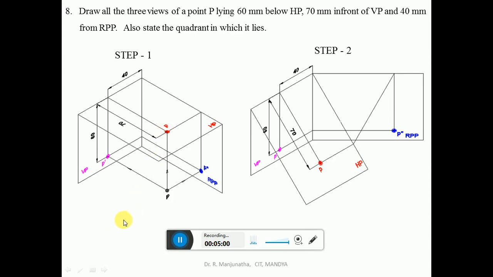As the object is viewed from the left side view, the point is in front of RPP, which is 40 mm. So the distance in front of RPP, which is 40 mm, is seen when you look from the front view. It will be seen in the vertical plane. Similarly, when you look from the top view, the distance in front of RPP is seen in the horizontal plane. So this is how we can analyze the problem in 3 dimensions.